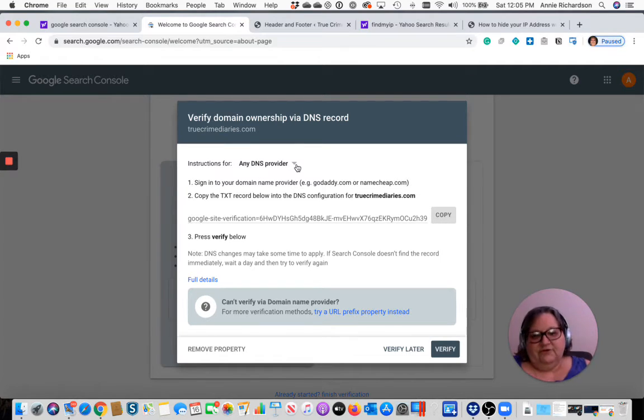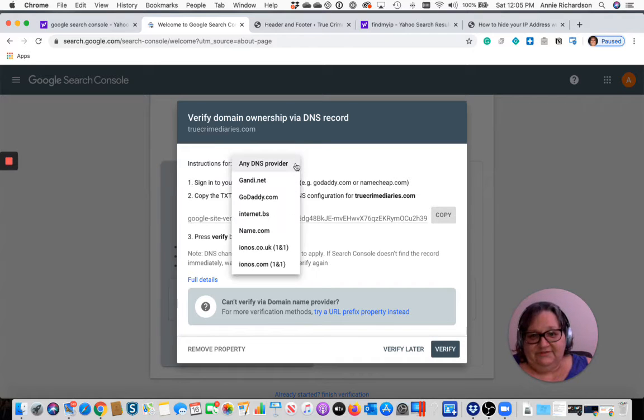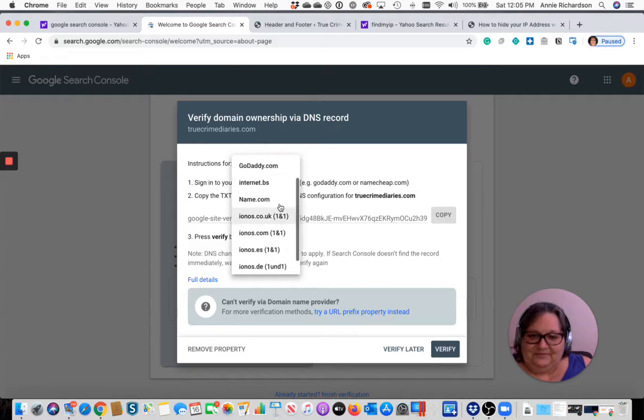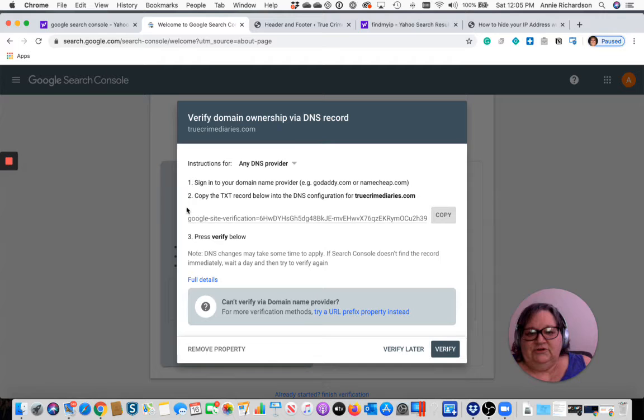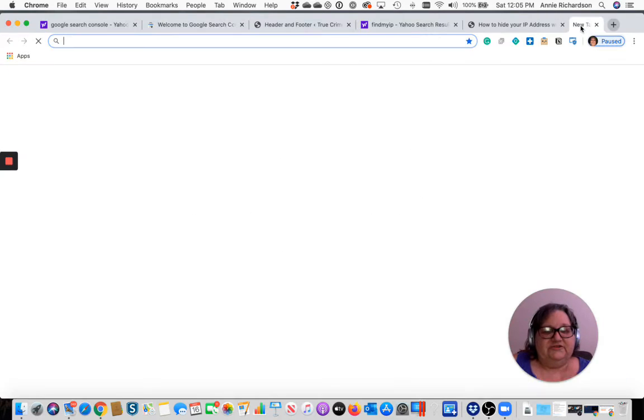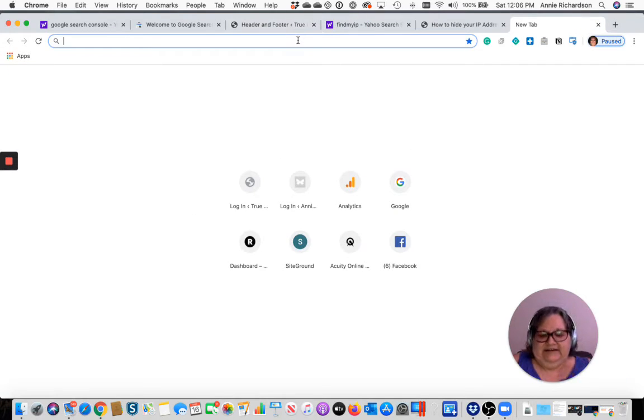Now you have to go to your DNS provider and fix this. My DNS provider is Cloudflare. But basically, any of them are going to do this. So you copy this and you create what's called a TXT record. So in my particular instance, I go to,